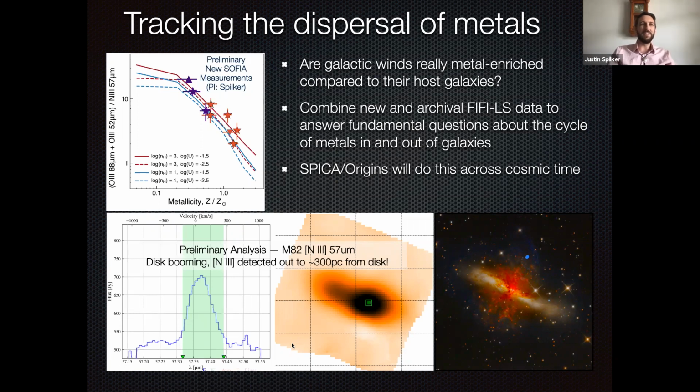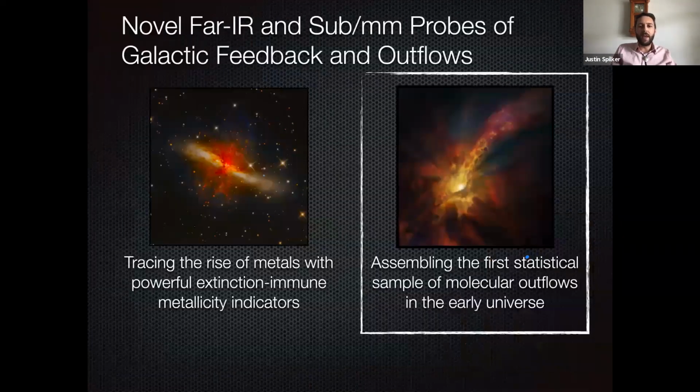But the cool thing is that we'll be able to do this on spatially resolved scales in M82, and a future far IR space mission like Spilker or Origins can actually do this across cosmic time, basically by doing it in velocity space instead of in the spatial dimension. And so I think we're really trying to set the groundwork for a lot of observations that we can do in the future with these future missions. And the second half of this talk, I really want to focus a little bit more on the high redshift universe.